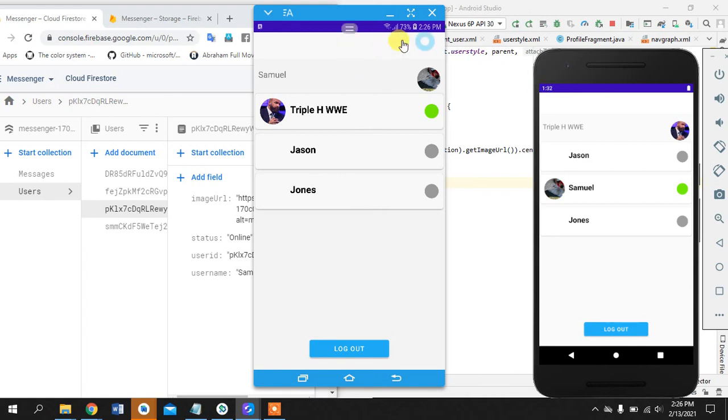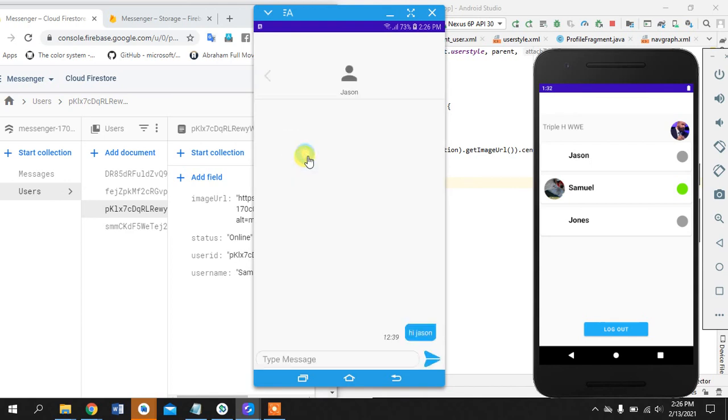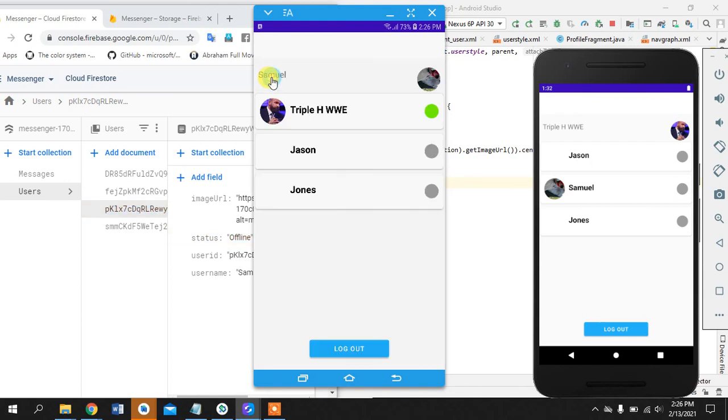So maybe let's just try to get rid of this and make it more smooth. For the JSON, we do not have the image. Like for Jonas, we would try to add some images. Okay? So I'll see you in the next